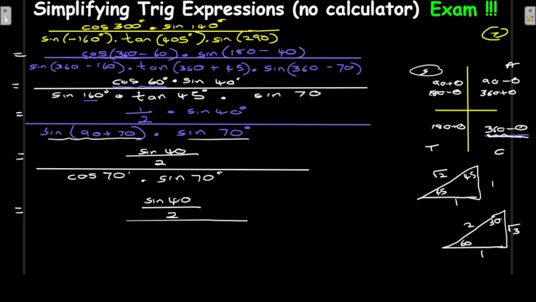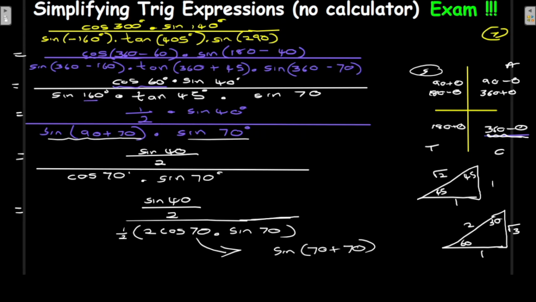So as I was saying, in the denominator now, we need to have 1 over 2, right, times 2. Now in the brackets, we're going to have sine or cos. Since we're starting with cos, I'm going to put cos 70 times sine 70, right? Guys, when you multiply this bracket with 1 over 2, it just gives you cos 70 times sine 70, right? And what we know about what we have now, the 2 cos 70 times sine 70, we know that